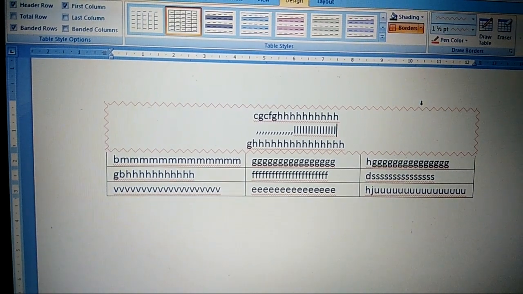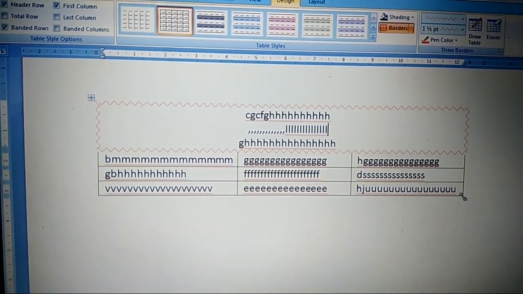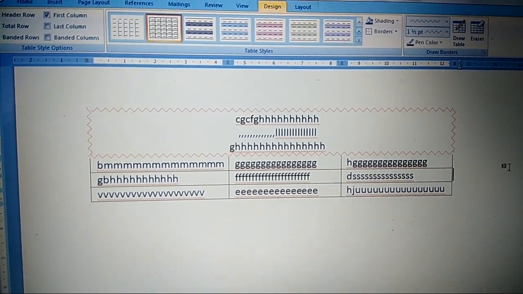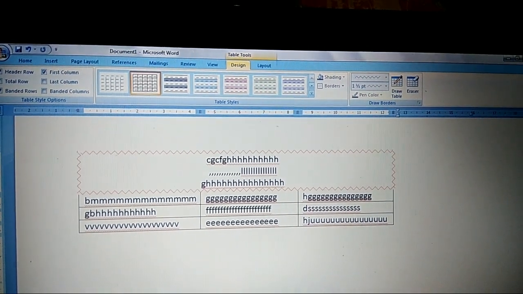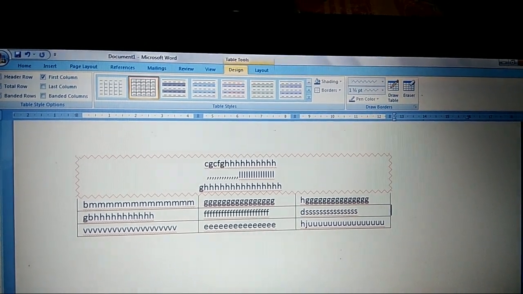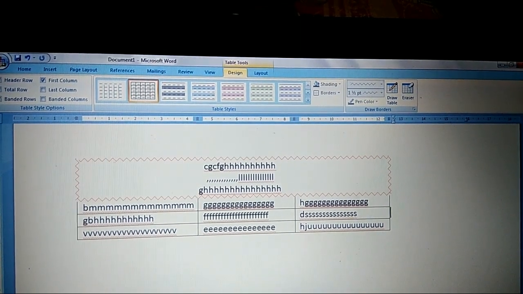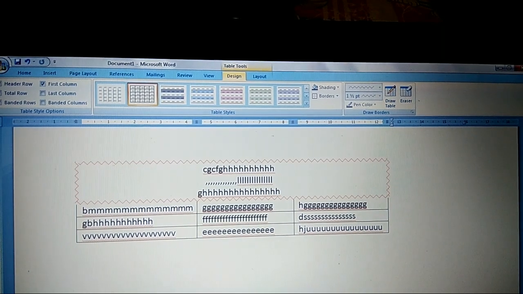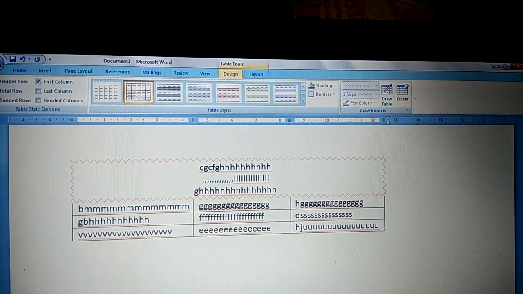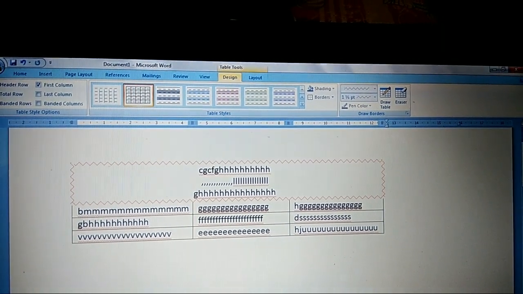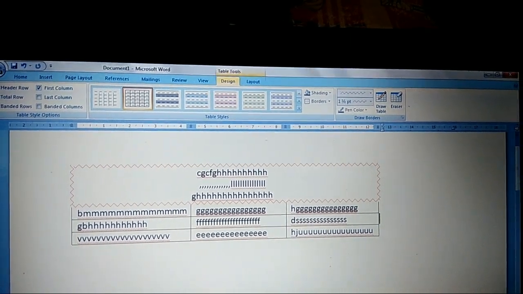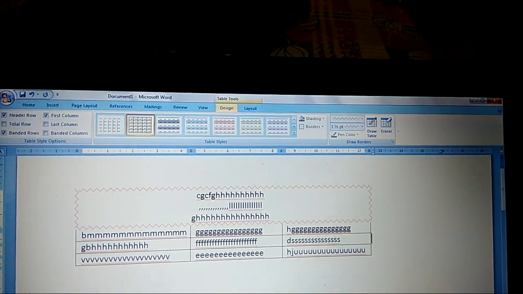Then click outside the table to cancel the selection. Now the last topic of this chapter is applying a table style. We can format our table by assigning formatting styles that are designed specially for tables. Table styles offer a variety of designs that include shading and coloring, borders, fonts, etc. Click anywhere in the table that you want to format.